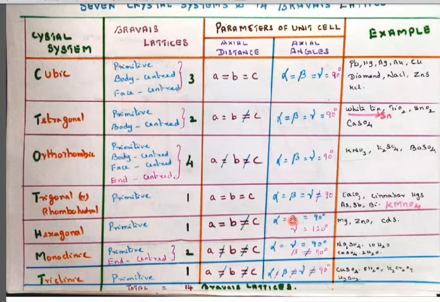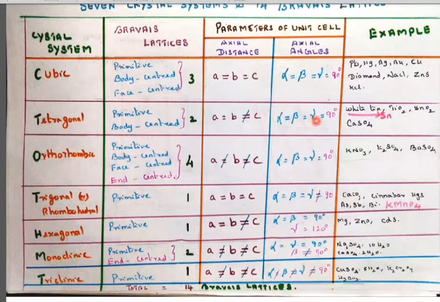Sometimes in the exam, the angles will be given, and they will ask what type of crystal it is. So the frequent question is the hexagonal type. And monoclinic, alpha and gamma are equal to 90 degrees, beta is not equal to 90 degrees. It's very easy. Triclinic: alpha is not equal to beta is not equal to gamma is not equal to 90 degrees, just opposite to cubic. So first and last are opposite answers.